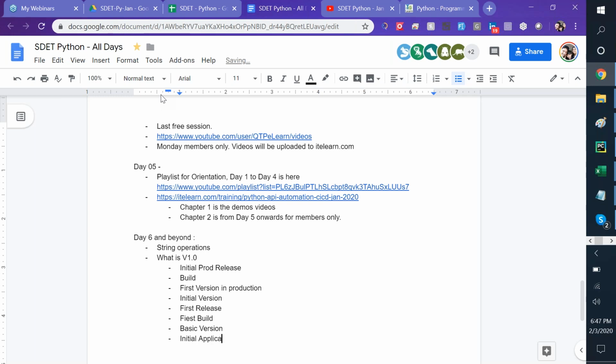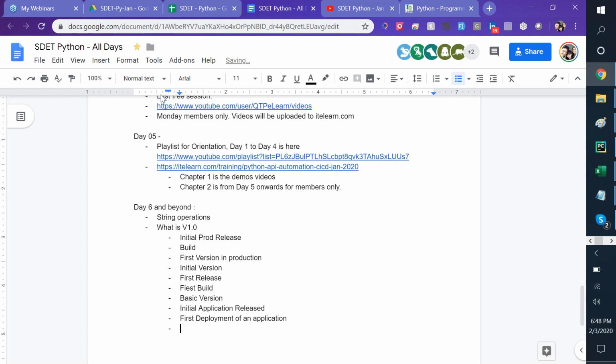and only about 20% of you are actually putting it in. Initial, what is that? Where am I? Oh my goodness. Initial application release. I think release is a better term than released there. First, oh my goodness, it's testing my typing skills, of an application, with only a few features, not features. Okay. Again, see, look at your English and grammar, team.